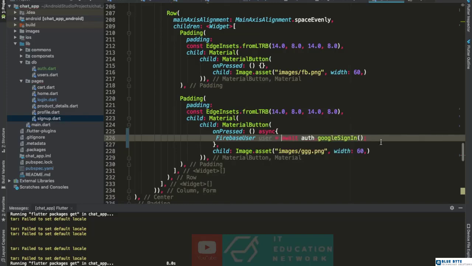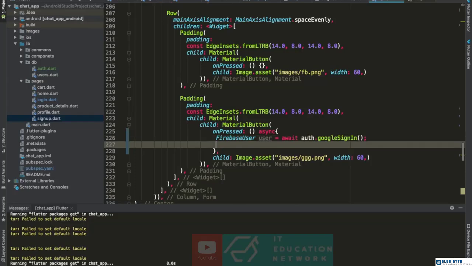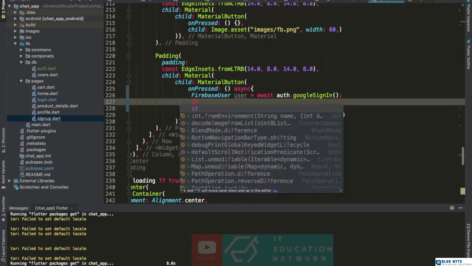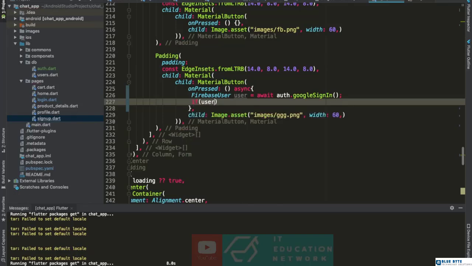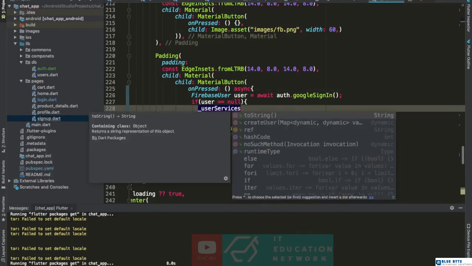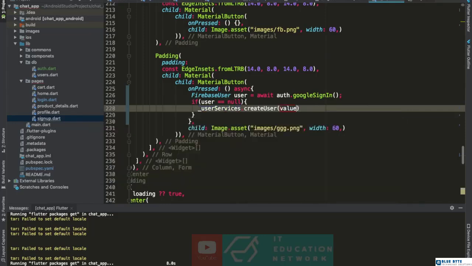And then what we are going to be doing here is, if our user is not null, we can first do our user services dot create user,